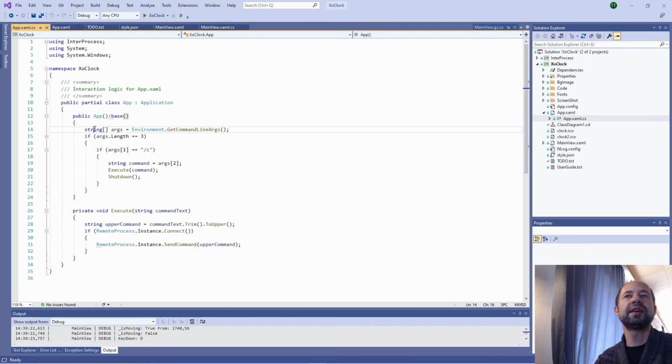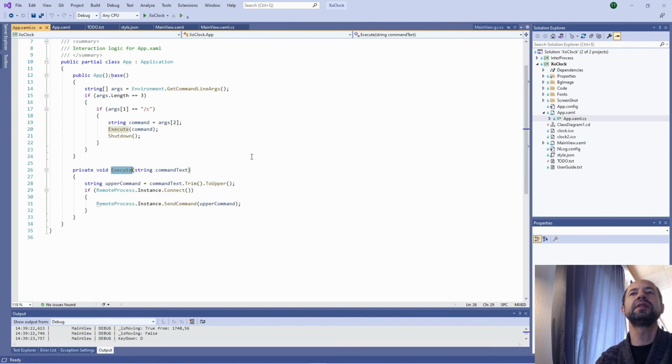Here I am saying, in the case where I have three input arguments on the command line, if argument number 2 is C, then I execute the command. I convert the command to uppercase, and the remote instance connects and sends the command.